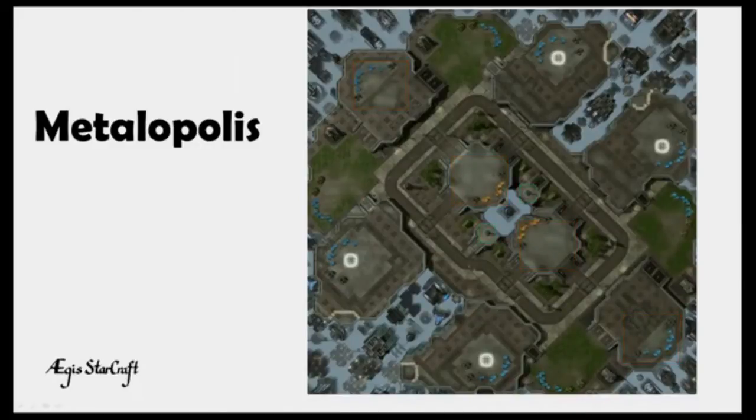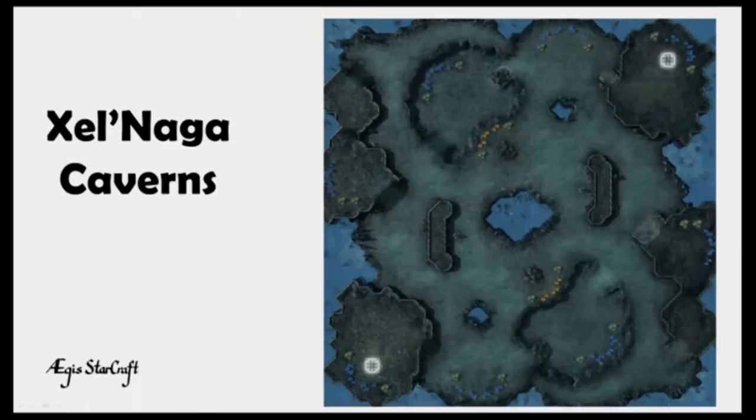So this is the map Metalopolis, and we will go and take a look at our last map, which is Xel'Naga Caverns. Xel'Naga Caverns is also a favorite map for many players. Xel'Naga Caverns features a natural expansion with 3 entrances. These wide open spaces here indicated in blue also makes your natural expansion slightly more vulnerable to speedy attacks, just